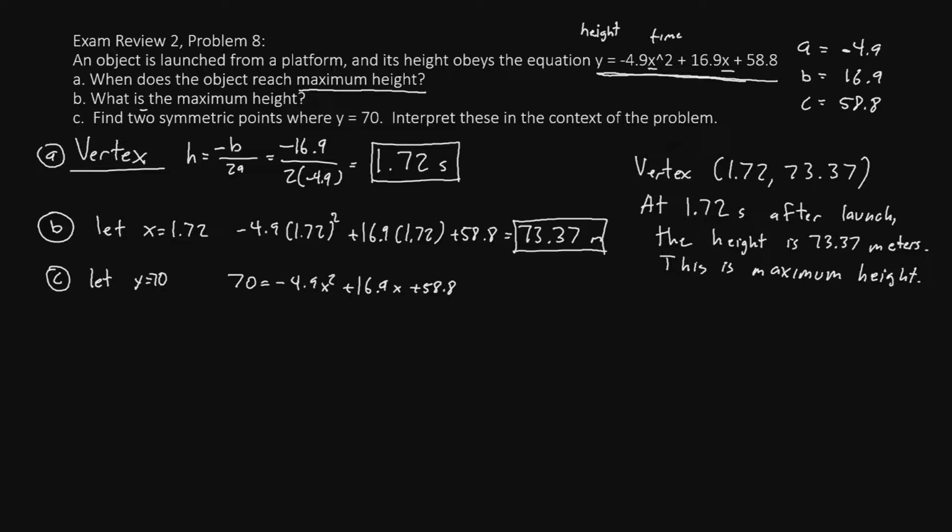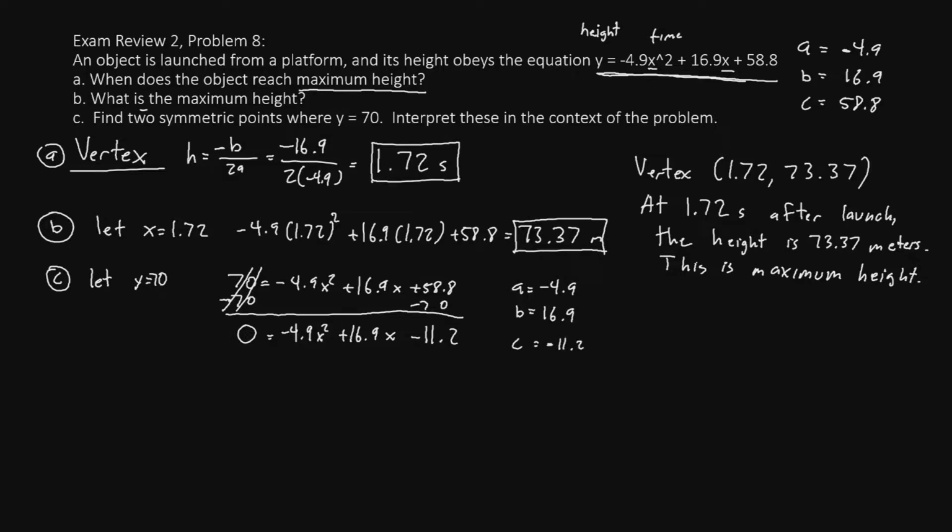Now we have a second power equation, so it would help if we had 0 on the left. So let's subtract 70 from both sides. We cancel out the 70, and we are left with 0 equals negative 4.9 x squared plus 16.9x minus 11.2, if we do this math, 58.8 subtract 70. So we can say that A is now negative 4.9 like before, B is 16.9, and C has changed to negative 11.2. The quadratic formula says that x equals